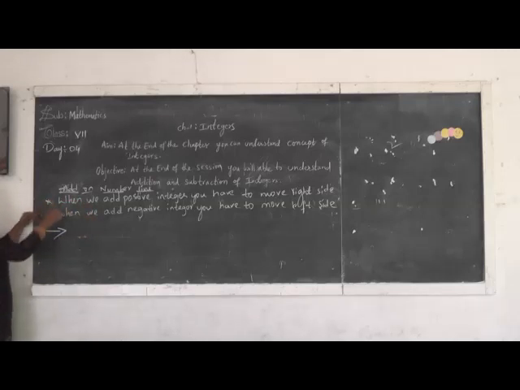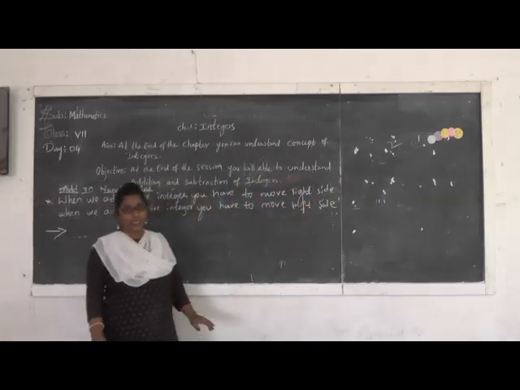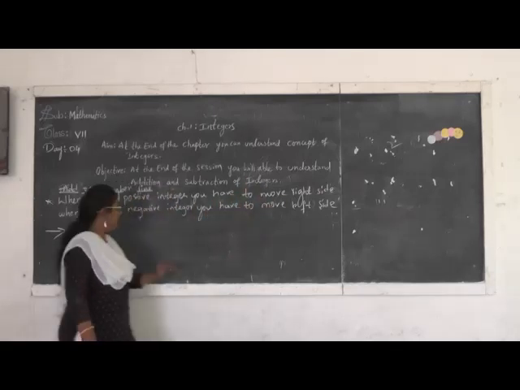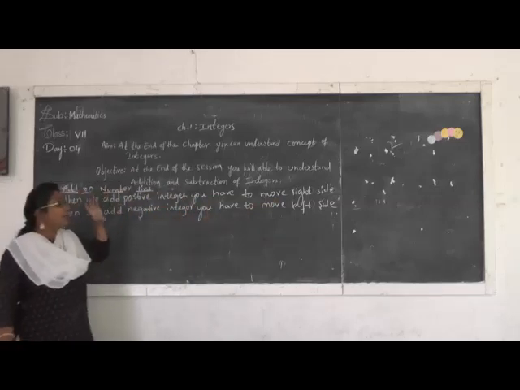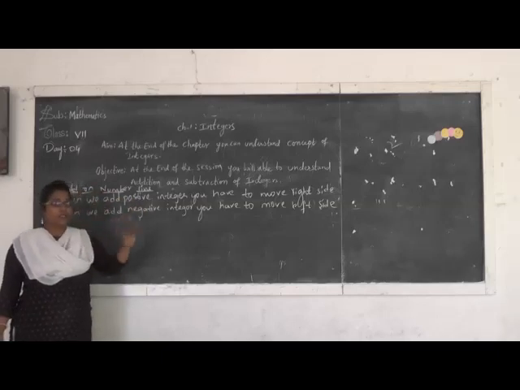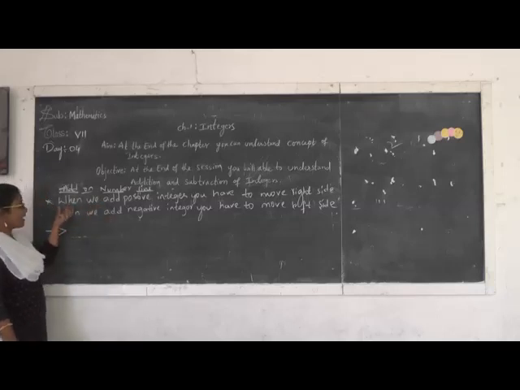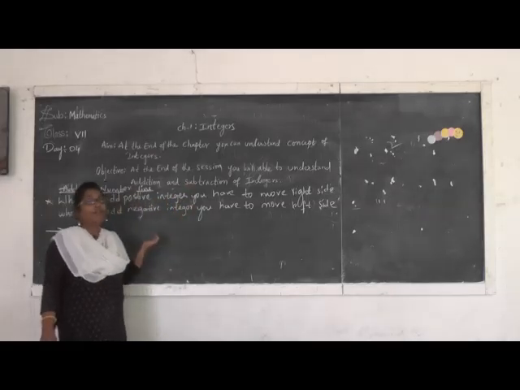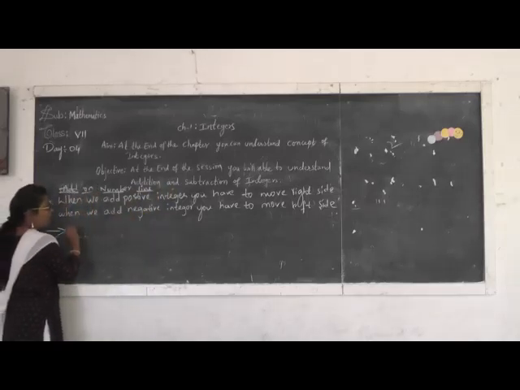So first step, here I wrote one point, please go through this. When we add a positive integer, you have to move in the right side direction. Understand? Next, when we add a negative integer, you have to move in the left side direction. Whenever you want to add integers on the number line, you have to go through these 2 points, and these 2 points are very, very important. Remember once again, when we add a positive integer, you move right. Simple. When we add a negative integer, we should go left. So let me check here, I show one example.